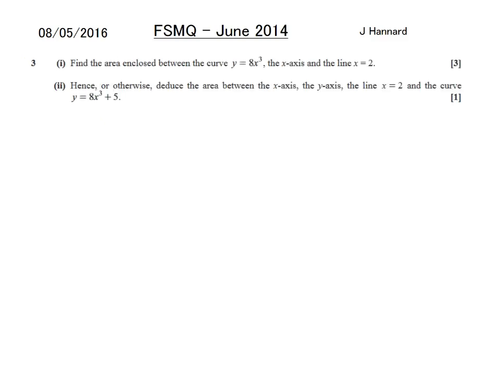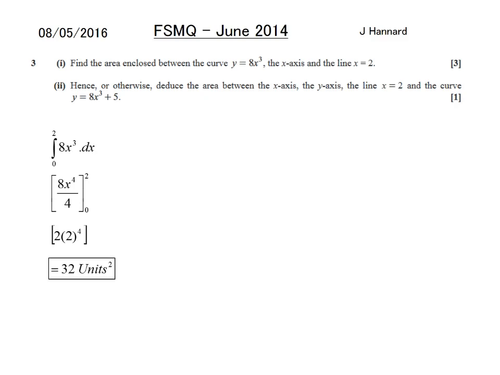Question 3 then, find the area enclosed between the curve y equals 8x cubed, the x-axis, and the line x equals 2. Well, that's the integral between 2 and 0 of 8x cubed with respect to x, which is add 1 to the power, divide by the new power, put a 2 in, put a 0 through, take them off each other, and you end up with 32 units squared. Obviously when you put a 0 into that, it dies, so we'll just put the 2 in and call it